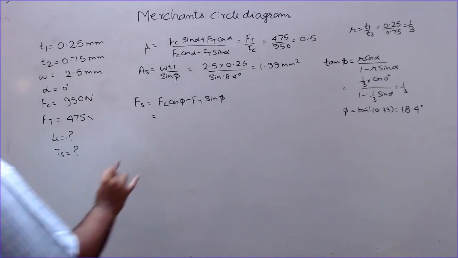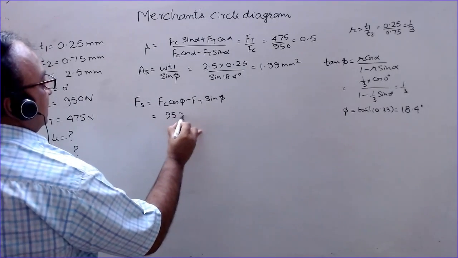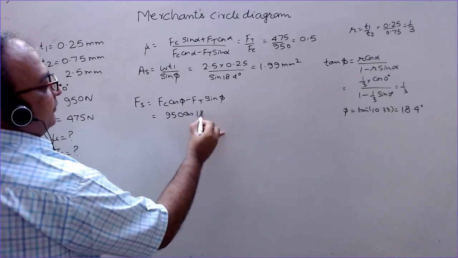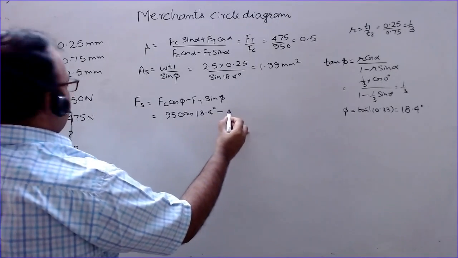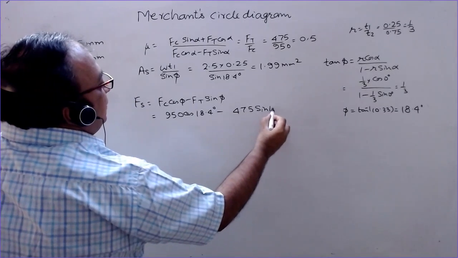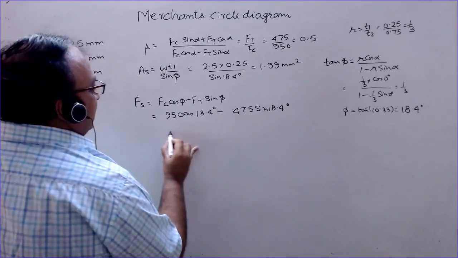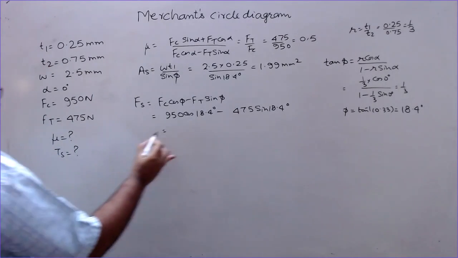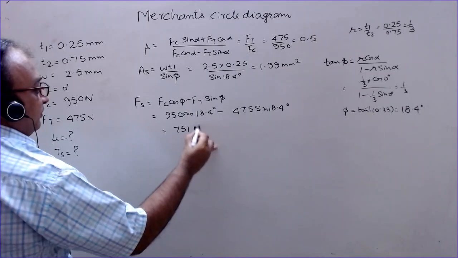So Fc, Ft are given, 950 into cos of 18.4 minus 475 sine of 18.4 degree. So we find Fs as equal to 751 Newton approximately,